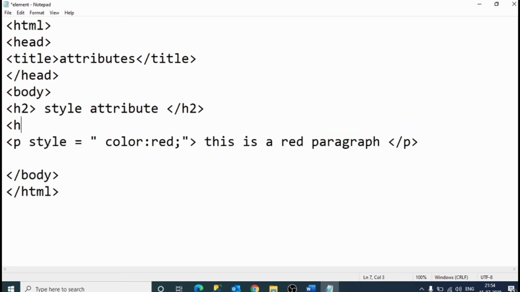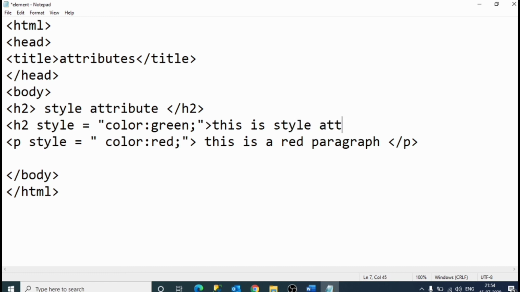We'll just write h2, style, color green: This is style attribute example, slash h2.